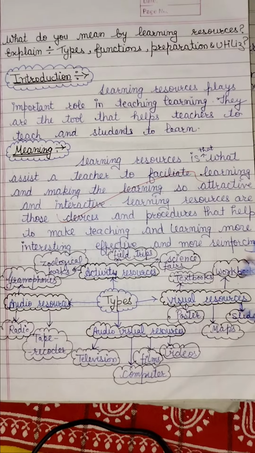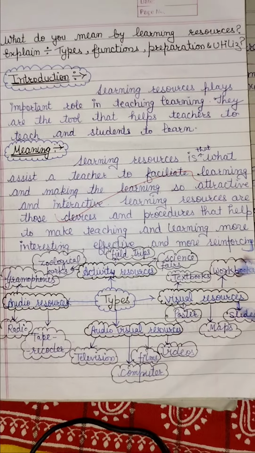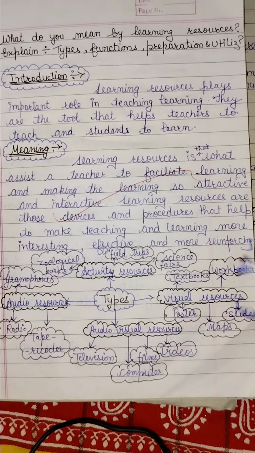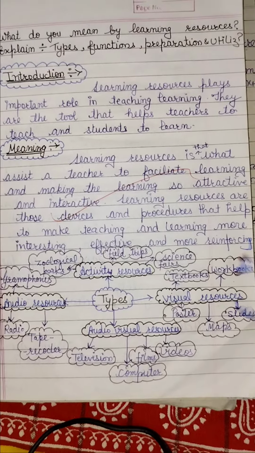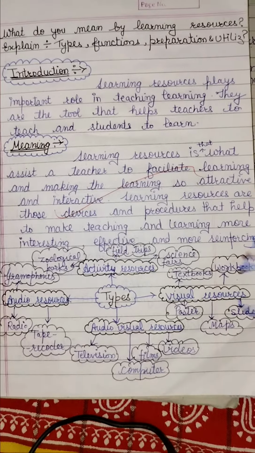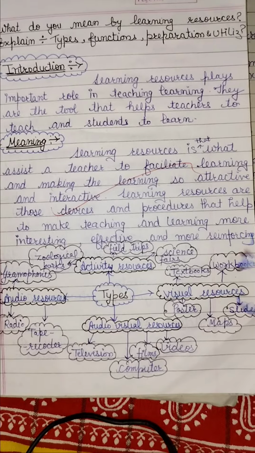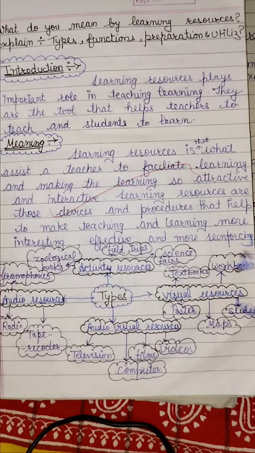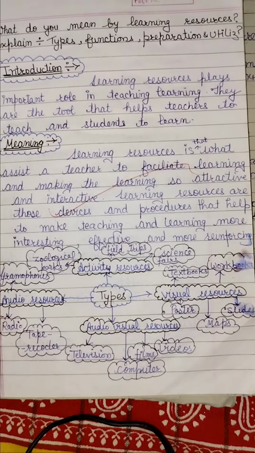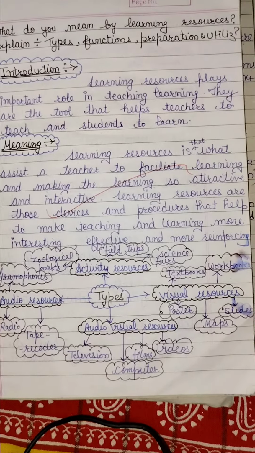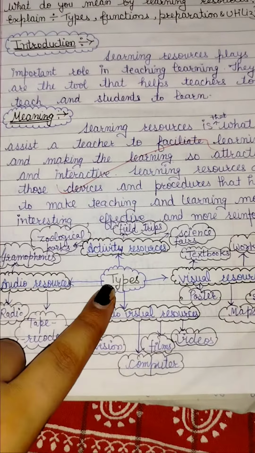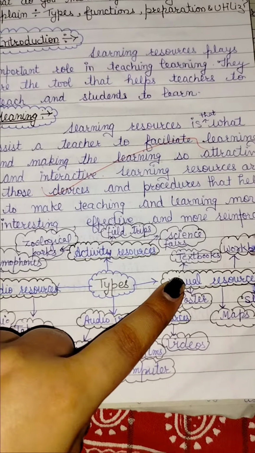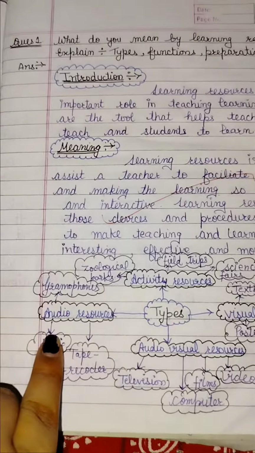where you have to write that learning resources assist a teacher to facilitate learning and make the learning so attractive and interactive. Learning resources are those devices and procedures that help to make teaching and learning more interesting, effective, and more reinforcing. Then you have to attempt these types, which are of 4 types: visual resources, audio resources,